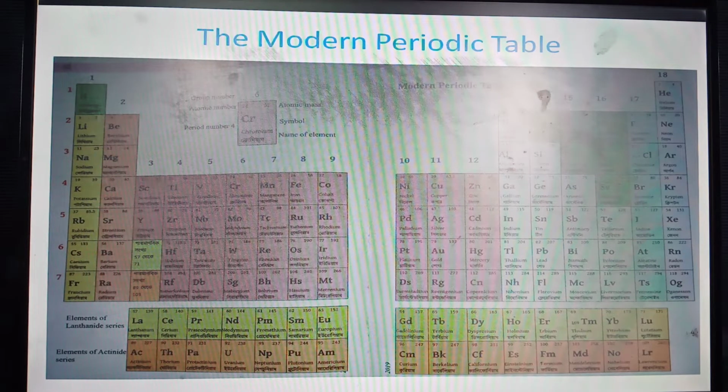Before that, I would like to remind you that this periodic table is divided into 4 blocks. These two groups, group 1 and group 2, are the S block, that is all the S block elements are placed in these two columns. Then the rightmost 6 columns, group 13, 14, 15, 16, 17 and 18, belong to the P block, that is all the P block elements are placed in these 6 groups. Then these 10 columns, from group 3 to group 12, are where all the D block elements are placed.